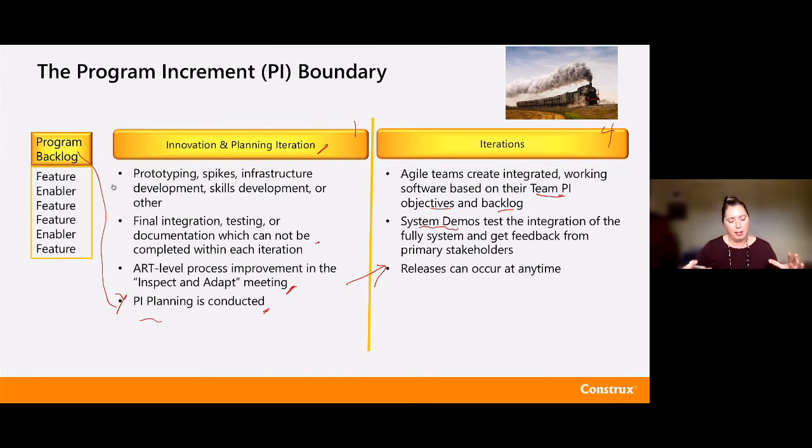And then SAFe thinks about this as a planning rhythm. So I'm going to have my 10-week planning cadence, but I could release anytime I wanted. I can have the idea that maybe I'm deploying every day and releasing whenever, from a product management perspective, we think it is time to release something. We turn on the feature flags, we do a phased deployment, we announce and launch it. And all of those things are really separated and decoupled from the PI boundary itself.